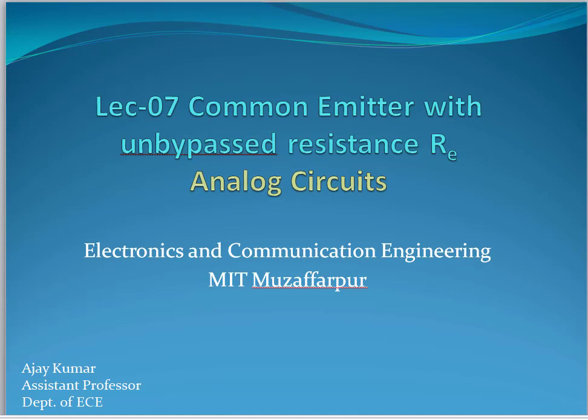In the previous lecture, we have discussed the simplified hybrid model or approximate analysis. We have discussed the essential conditions to apply the hybrid approximate model. Further, we discussed the percentage of error we will get if we apply the simplified approximate model. Thereafter, we calculated the current gain, voltage gain, input resistance and output resistance of common collector by using the simplified hybrid model, or you can say approximate analysis.